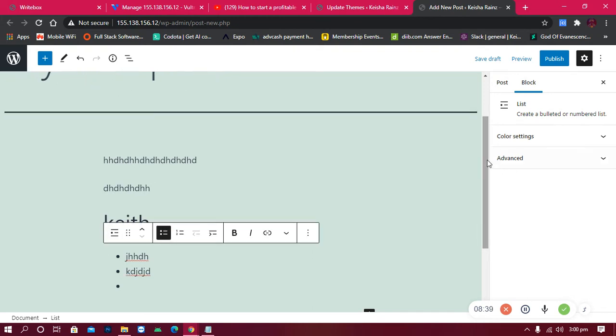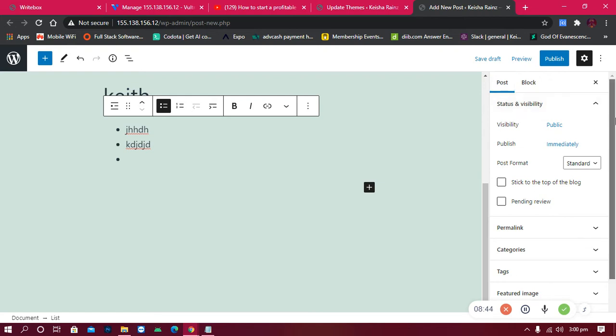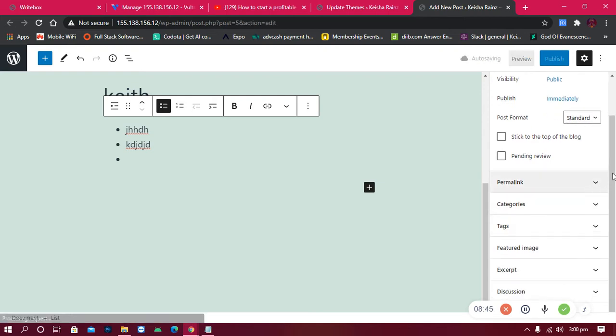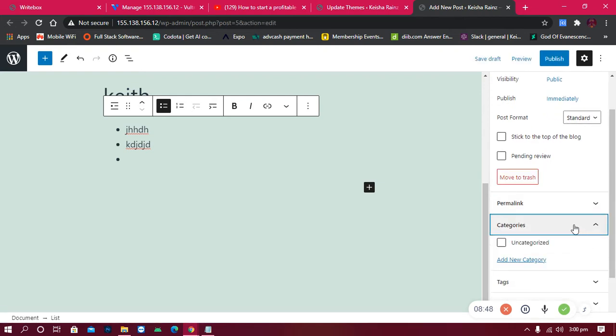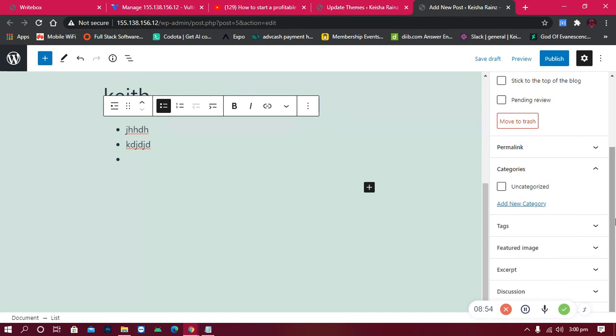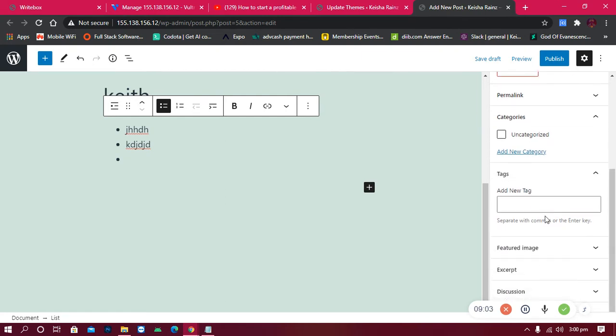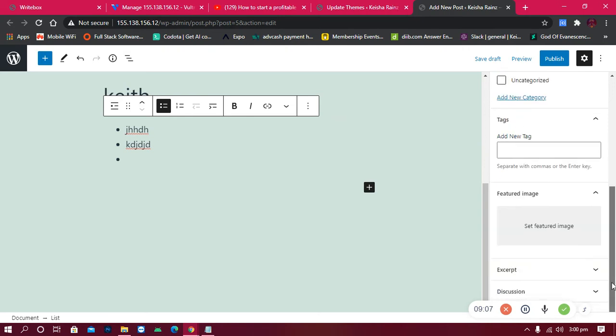So when you're done writing your post, you can change the permalink. I'll talk about this later. You can change the category if you'll be writing different types of posts. You can add them in a category to at least help your users understand and find the content they're looking for. Tags are also more like categories. They can help people find your post better, and featured image is the same as a cover image. When you're done adding all these, you click on publish